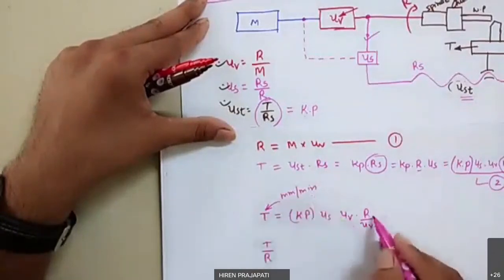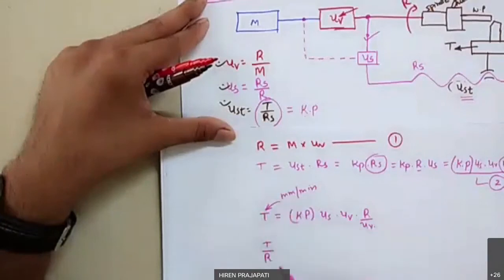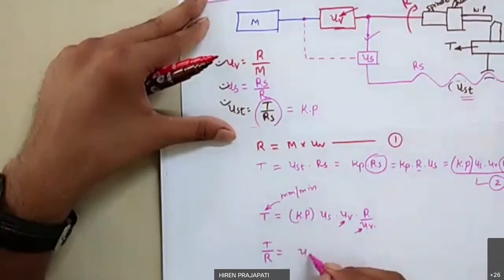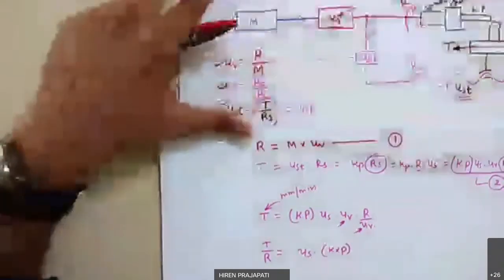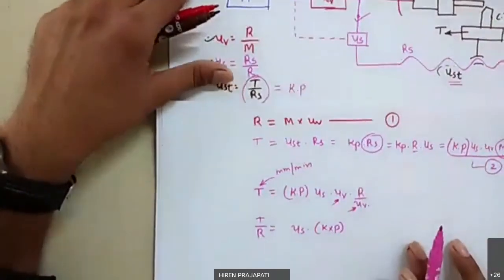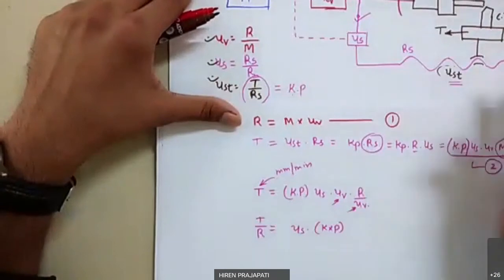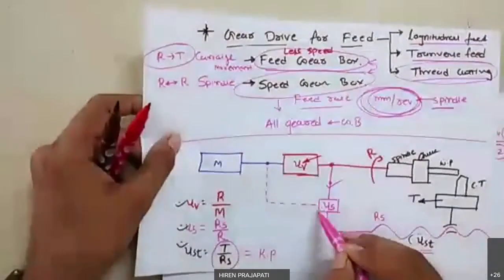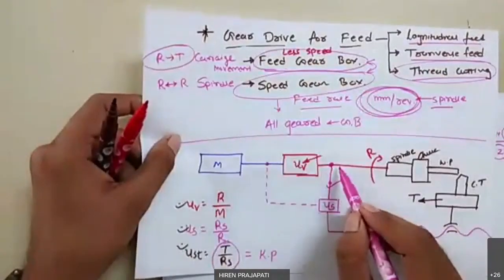So mm per minute, R is revolution per minute. So we get mm per revolution. Our feed rate in mm per revolution, right? So this becomes this. These two will cancel out, and finally we get US into K into P, where US is the value set in the feed gearbox. I hope this is clear. Okay. So what we can say from this, if the feed box is connected after the speed box, then